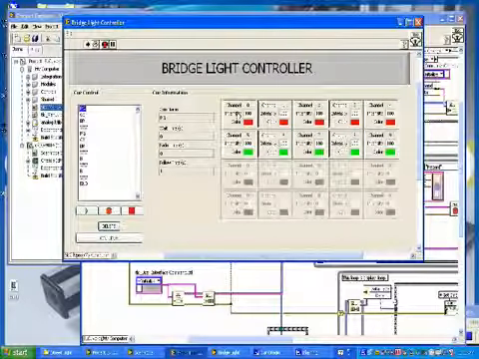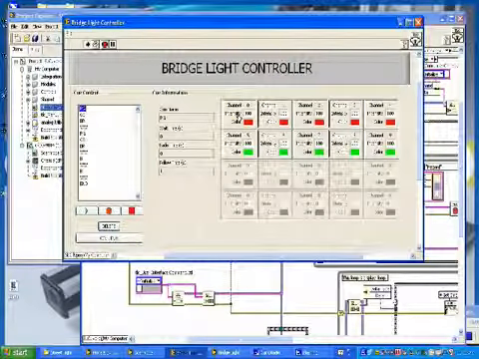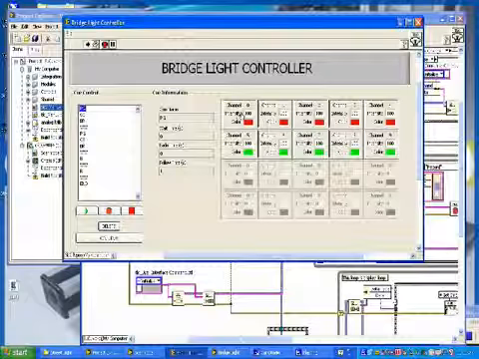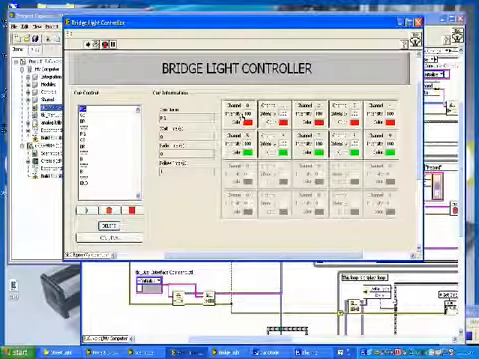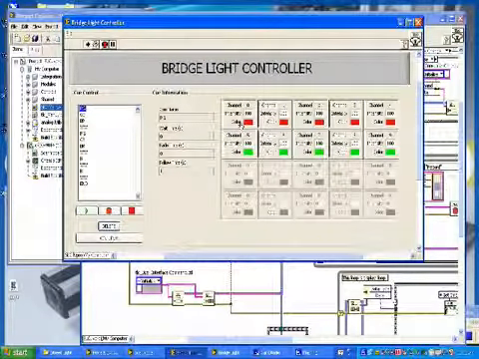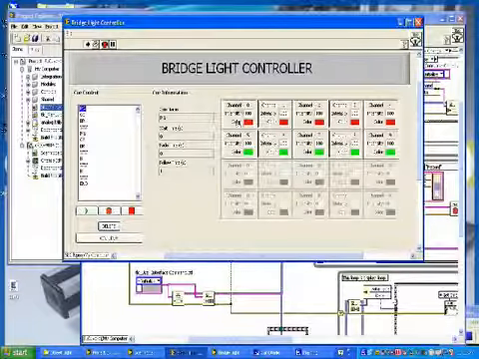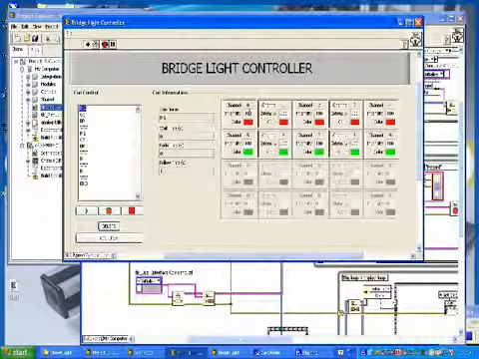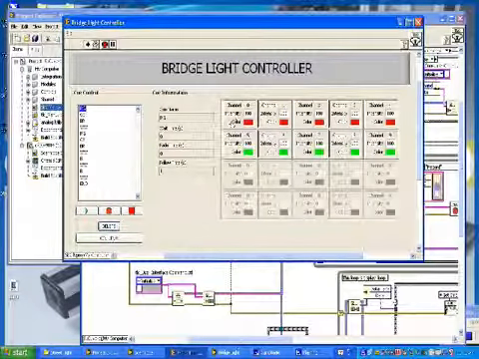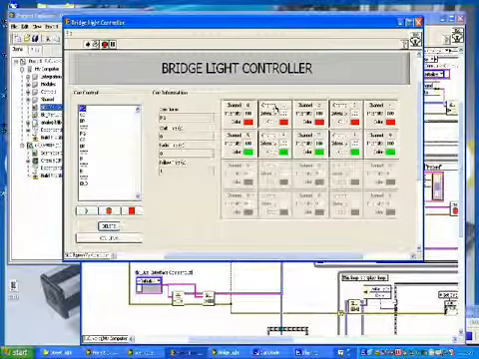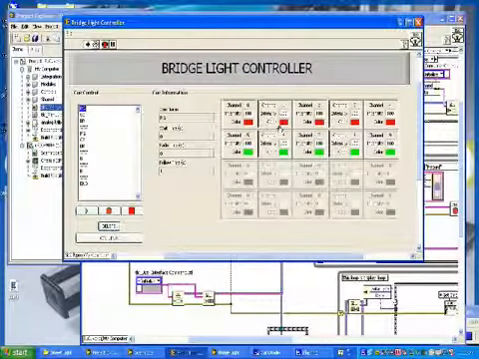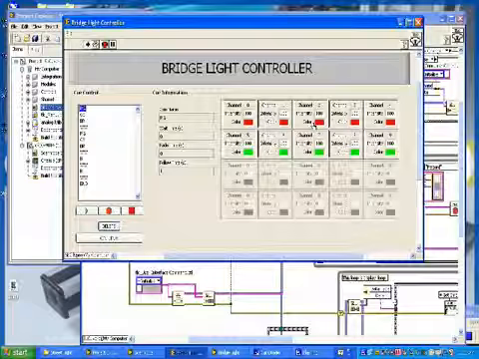And then in every channel, you will have two pieces of information. First is the intensity of the channel. Second is the color pattern. So in this channel 0, the intensity is 100%, the color is red. Channel 1, intensity is 100%, the color is red, and so on.